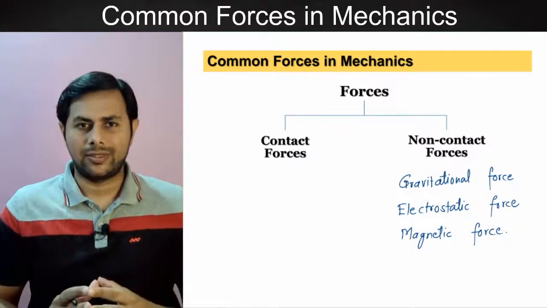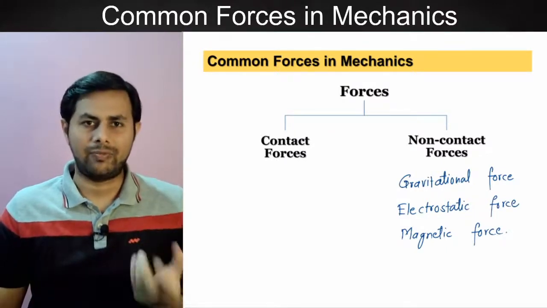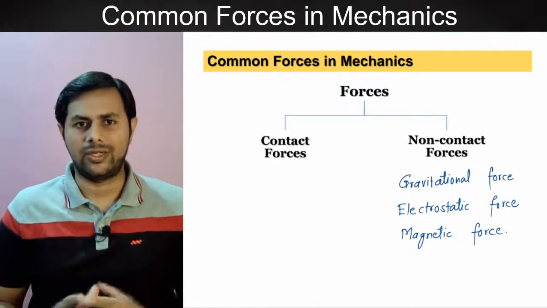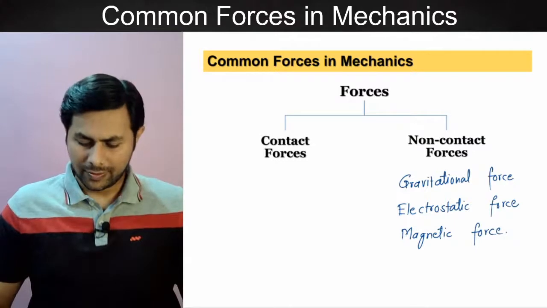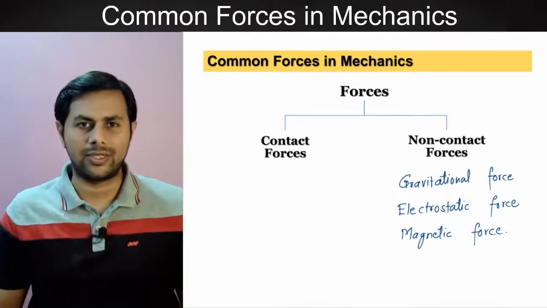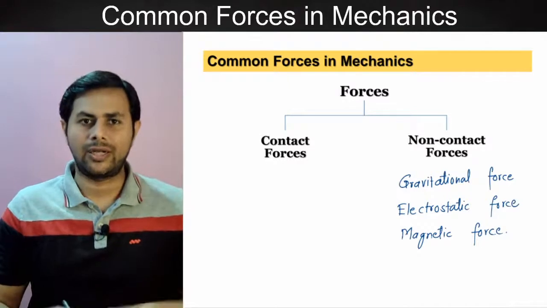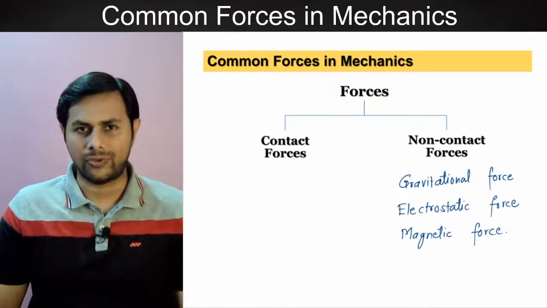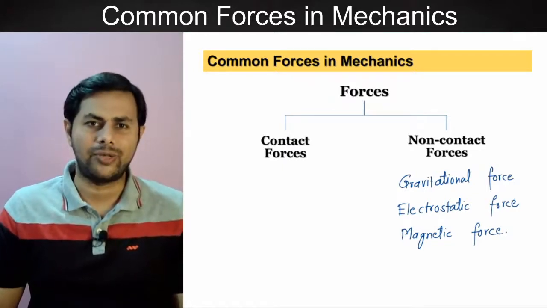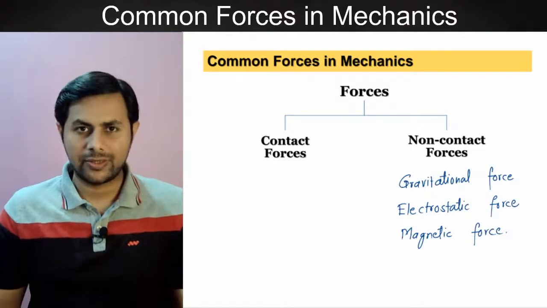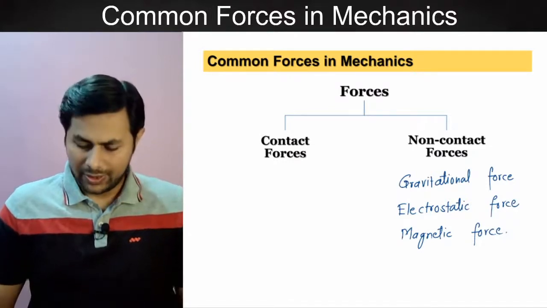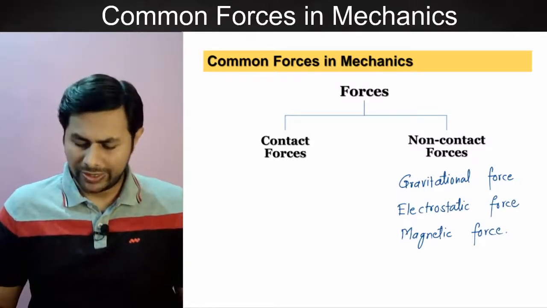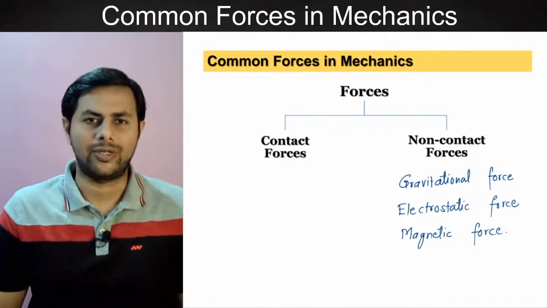So if we consider an example of the gravitational force, then if we have any mass, okay, any particle having mass, then it creates its gravitational field in the surrounding region. Okay, so it creates its effect in the surrounding region, and whenever the other body comes in that surrounding region, then due to that effect of the first body, it experiences a force. Okay, the effect is called a field. So there are gravitational fields present everywhere, then the electrostatic and magnetic fields. So what do we say? We call them electromagnetic fields. Okay,